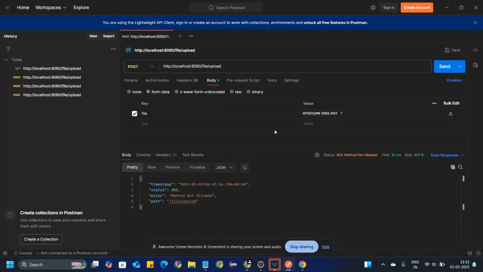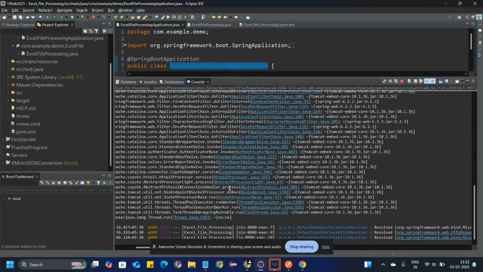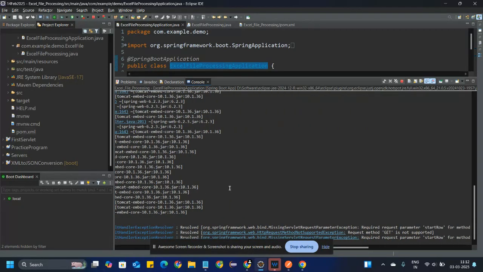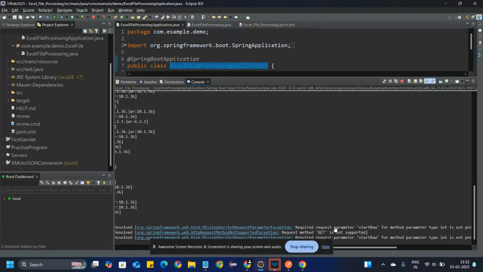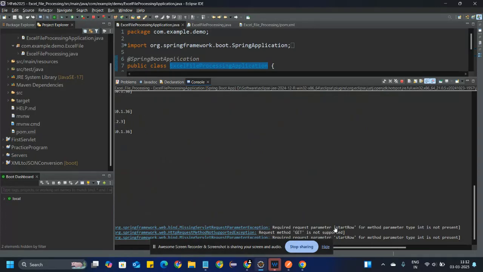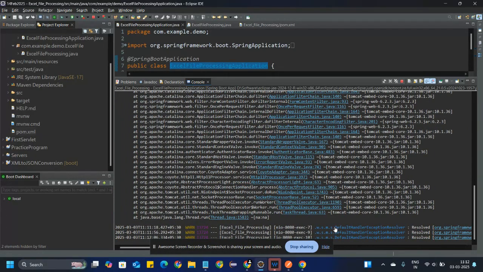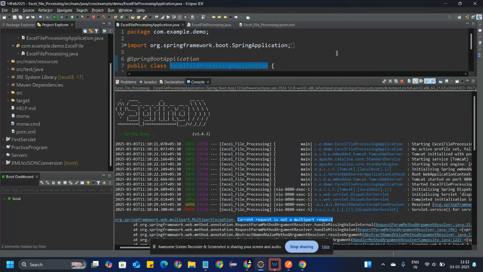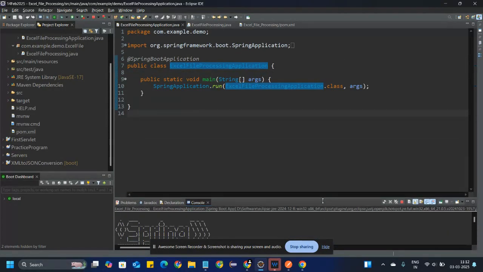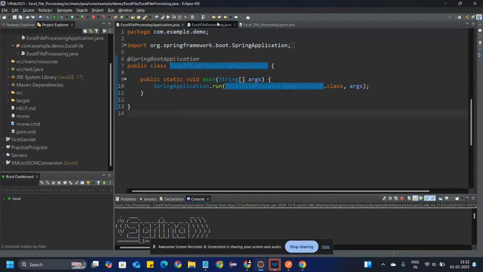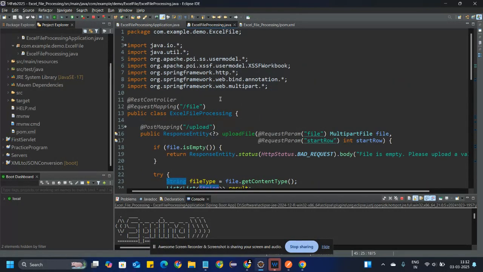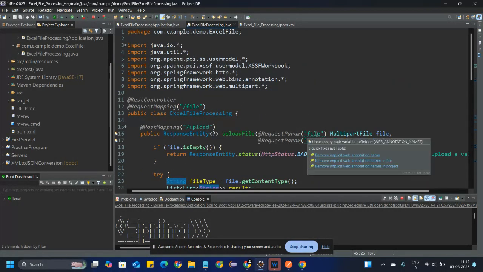We send the request to the path and get bad request. Render multipart. Just check, we have received the file.